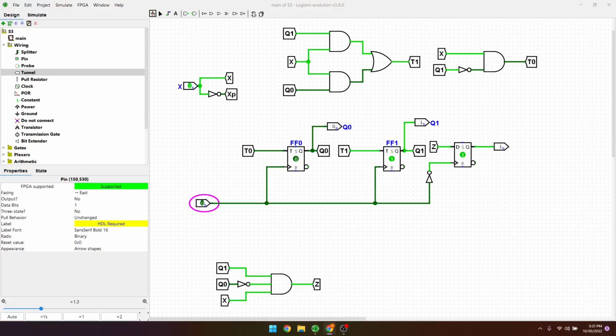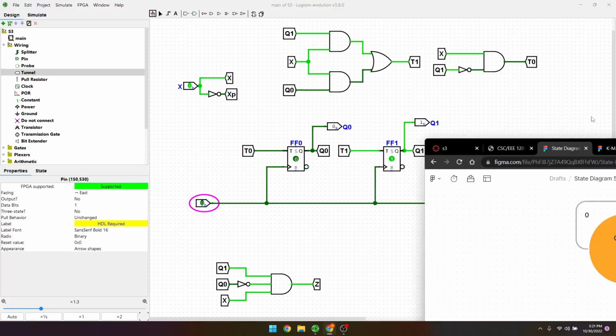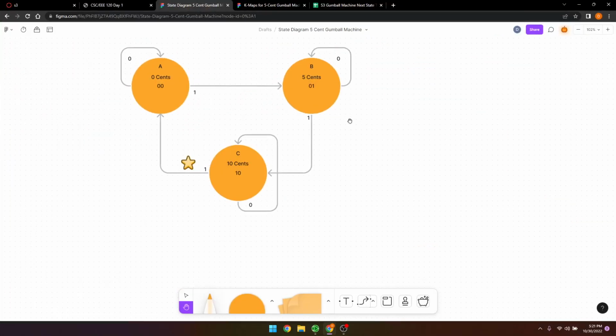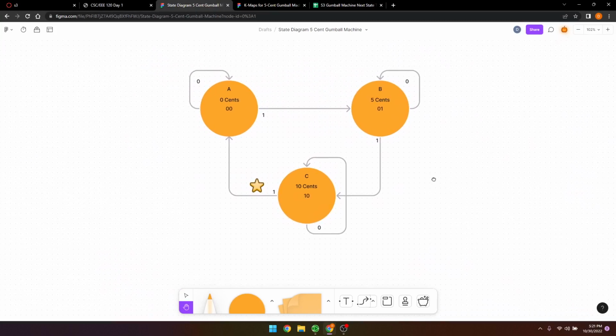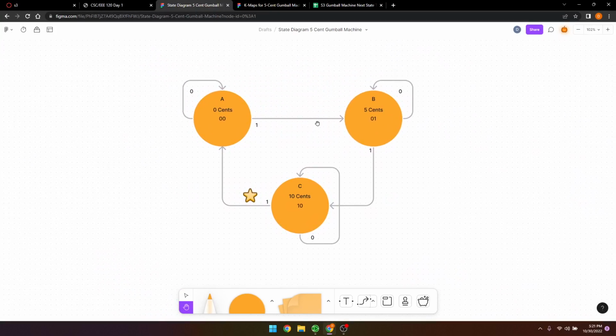And so what I did first was I created a state diagram. I use Figma in order to do that, just like a design app. And what I determined is that we need 3 different states only. I'm calling them A, B, and C. And yeah, so the first one is going to be A. That's going to be when